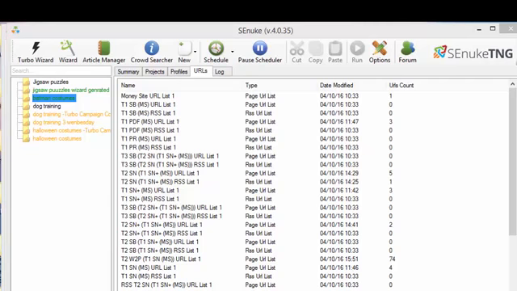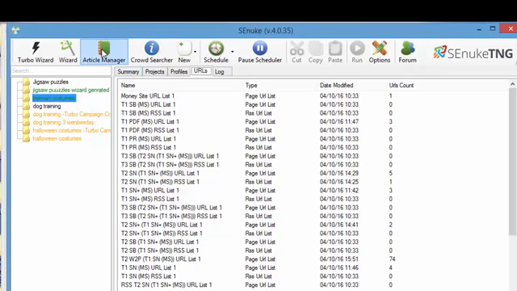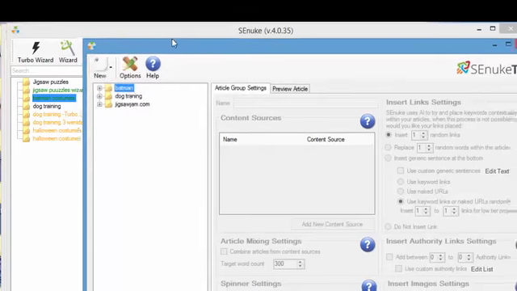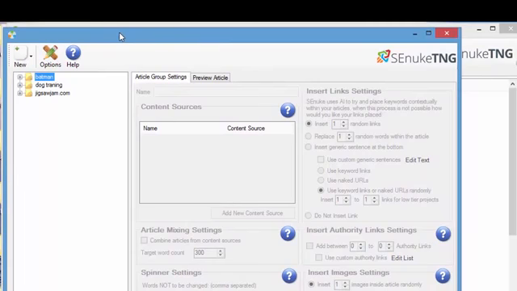So let's start with the interface, and we can see the icons running across here. Turbo, which is new, Wizard is standard, Article Manager, Crowd Searcher, and so on. The quick way to start is to start with Article Manager, because that's the heart and soul of the content. What we're going to do is create a new niche called Halloween Costumes,